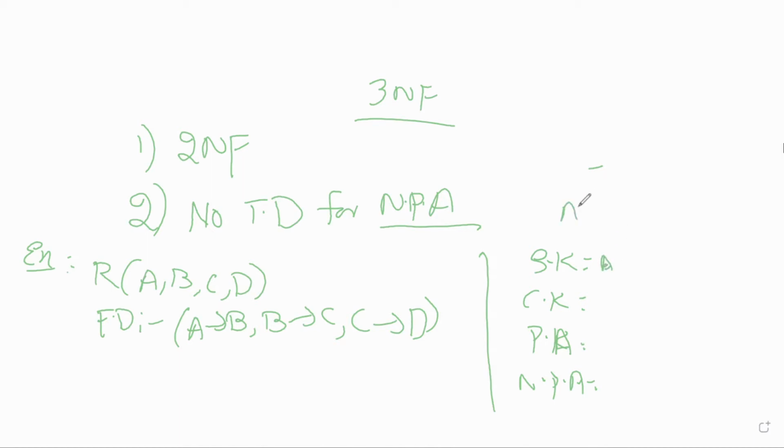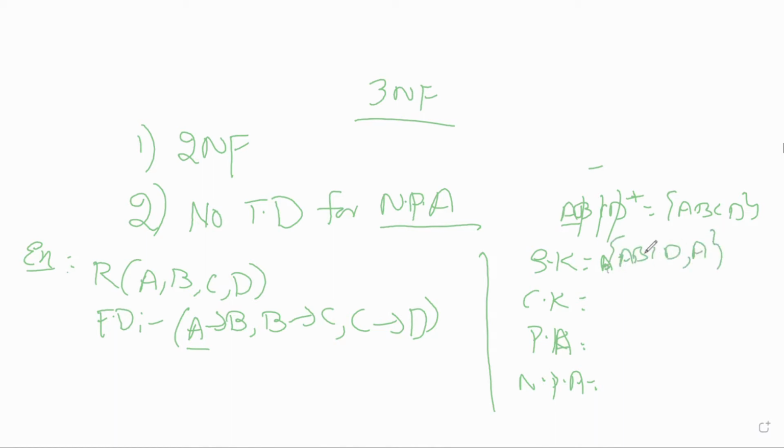At first I'll take the closure of all the attributes, so that I get all the attributes on the right-hand side according to the reflexivity property. Then I will ignore the attributes. From the first functional dependency, I take A. As A is determining B, I'll ignore B. B is determining C, I'll ignore C. C is determining D, I'll ignore D. So we get A, B, C, D, and A is also a super key.